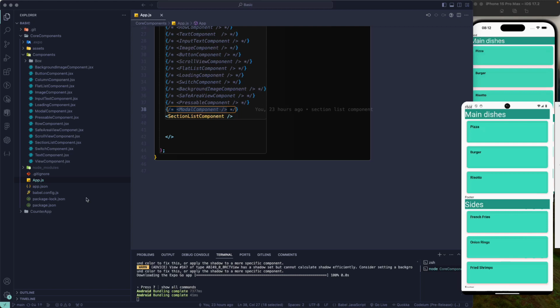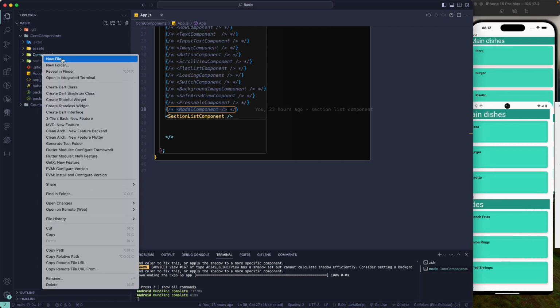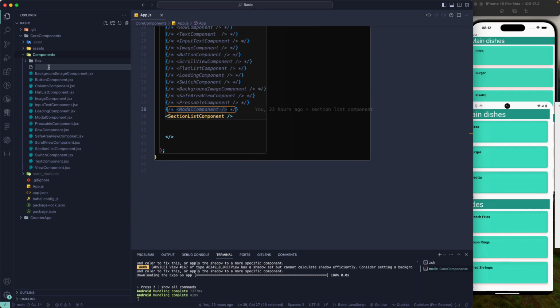Hello there and welcome back, and let us continue with our lesson. Today we are going to learn about the virtualized list. In the previous lesson we learned about the section list. So let's create our component. I'll create a new file over here, and we'll call this one virtualized list component